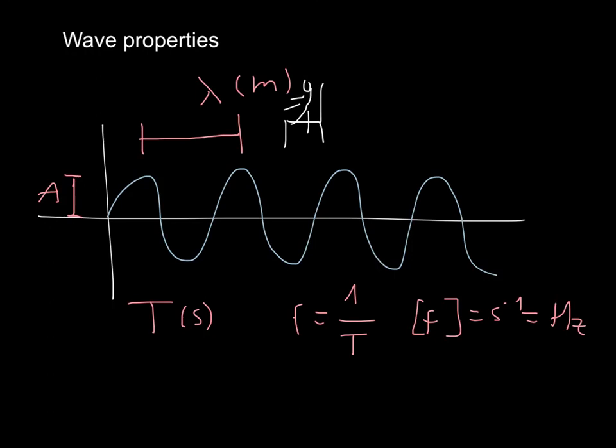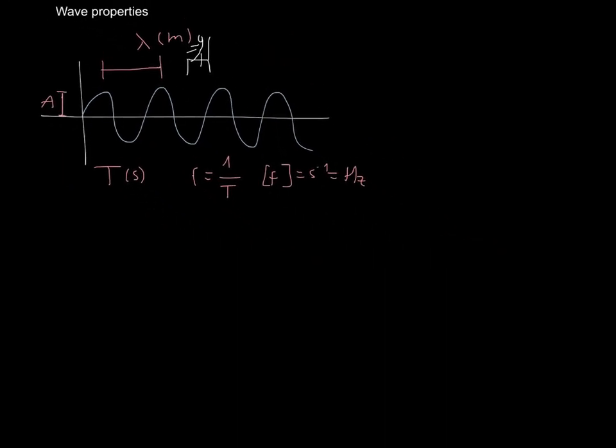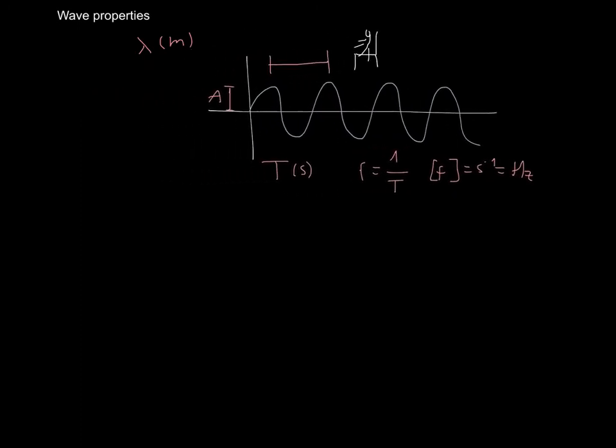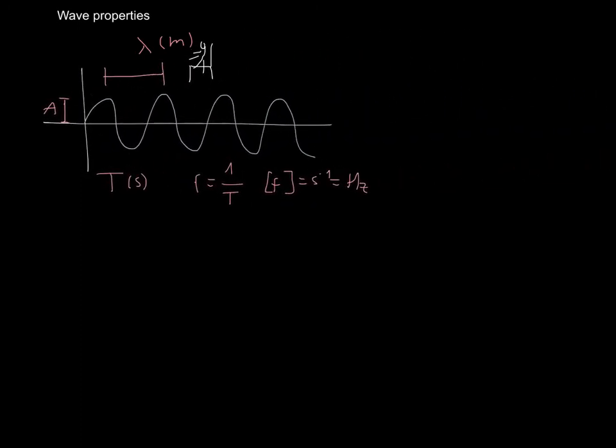Now, the very last thing is a relationship between these quantities that will give us the wave speed. Now, of course, this wave is moving this way with a certain speed, right? So if I sit here I can measure the length from here to here, and if I know how long it took for this length to go past me, I can measure the speed of the wave, right? Because speed is distance over time. So the speed of the wave, v, is distance, which in this case is the wavelength, over time, which in this case is the period,